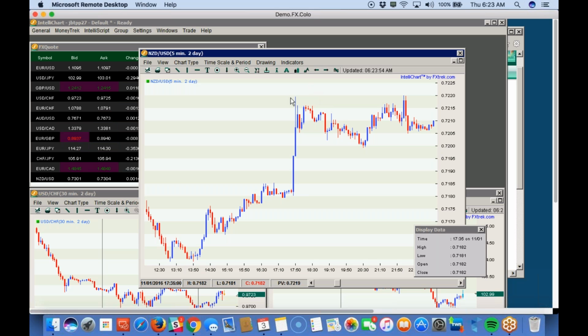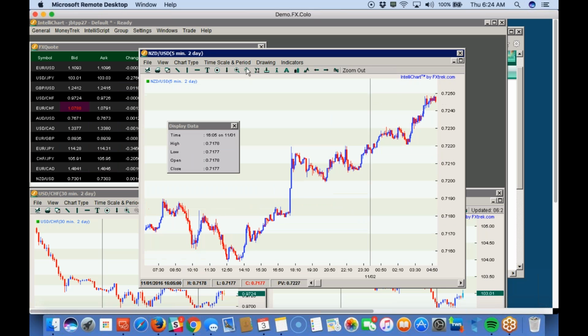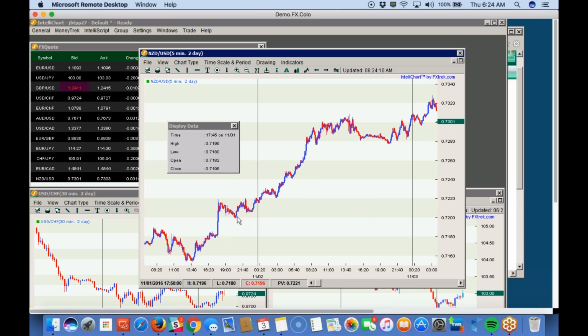But how many times you get this kind of movement? All the time. Why? Because the banks sold it, they need to take it back. They sold it, they need to take it back. That's really all it is. Because ultimately, this was a huge buy. This was a massive buy. I mean, this was really good news. But they need to take their profit. They need to make their profits back. And this little